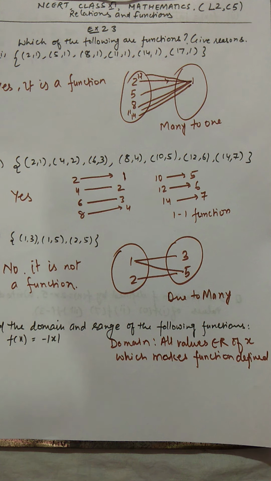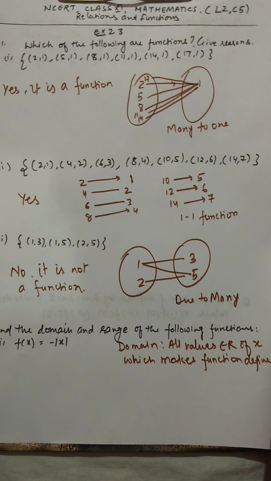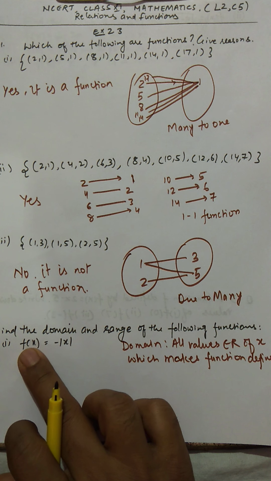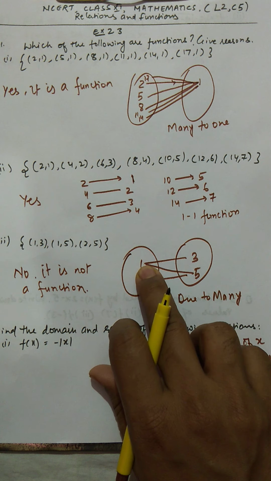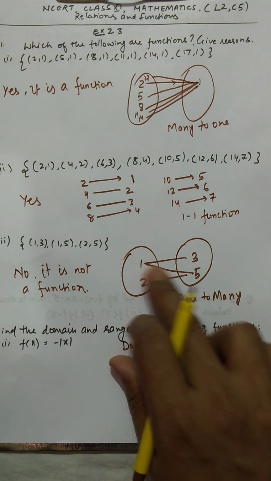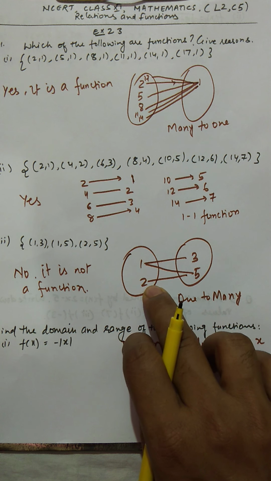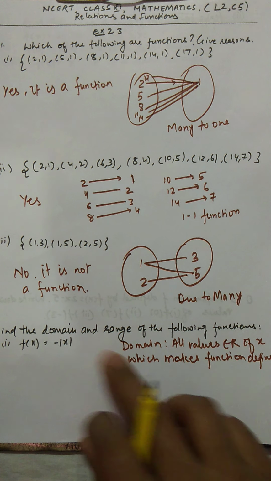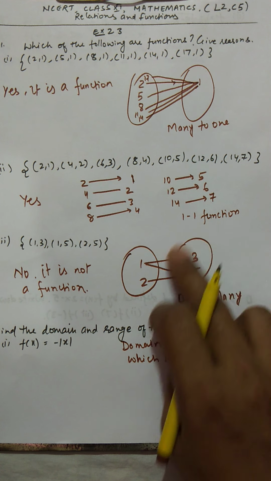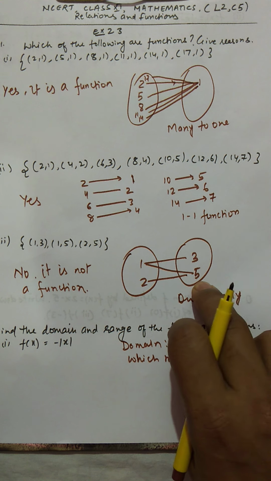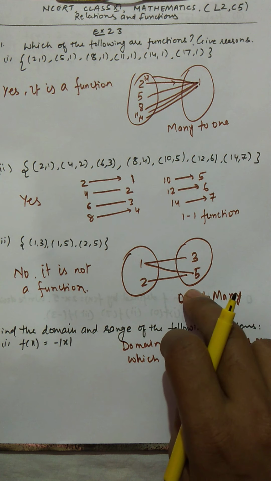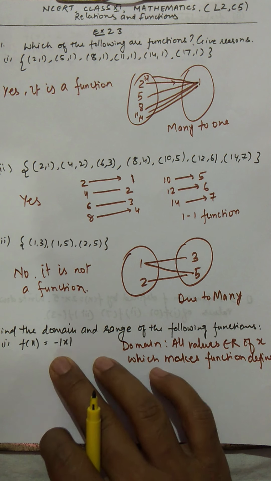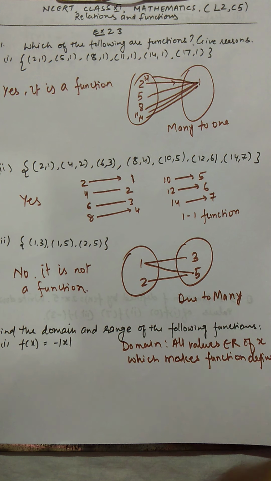And range is actually the value that comes after putting in the value of x. For example, when we put x equal to 1, we were getting answers 3 and 5. Here we are putting x equal to 2, we are getting answer 5. So y is the value, and all these values are your range. Keep in mind that these values are your range, and you have to decide which values belong to the domain and which belong to the range.